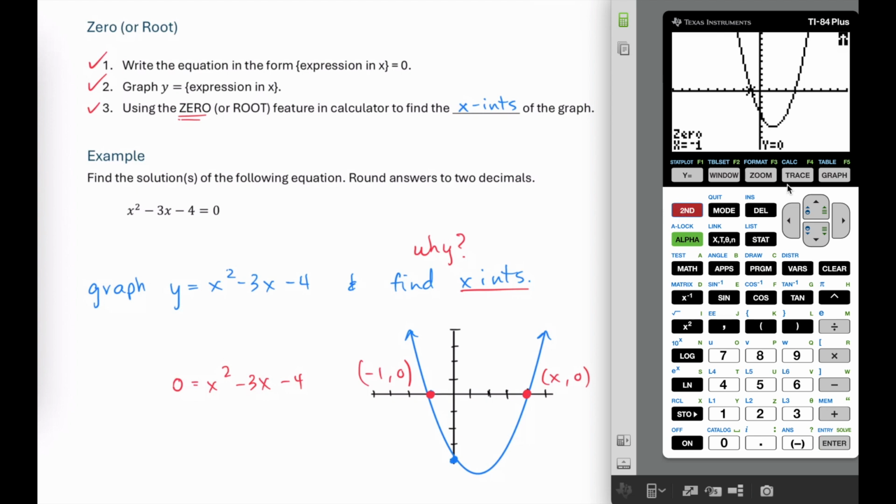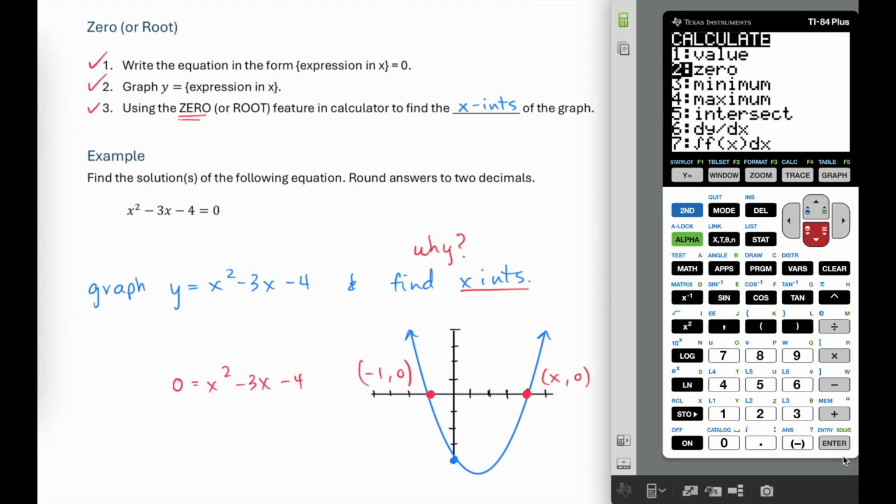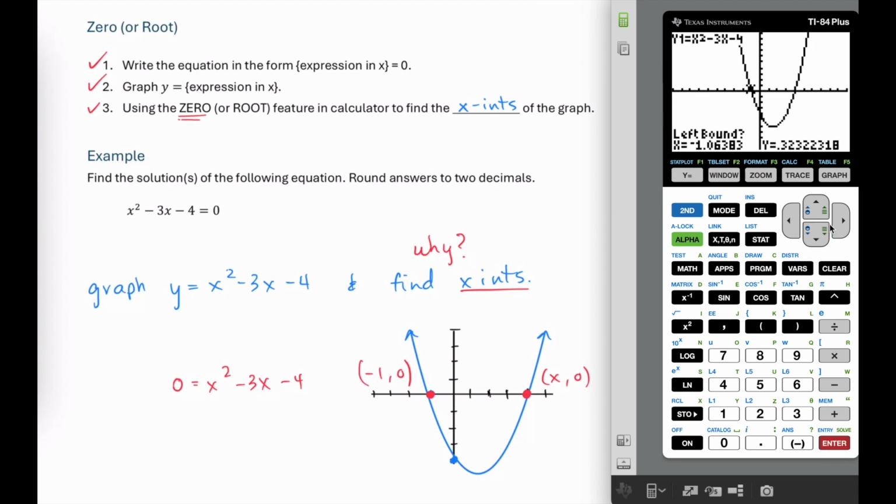So again, we'll select second calculate, so we come down to number 2 and hit enter, and then we'll again be asked for the left bound and the right bound, but this time we're looking for the x-intercept over here. And now my cursor to the left of this x-intercept is going to be in this region, so we hit enter. And then we move it to the right of the intercept that we're looking for, hit enter again. And then we move our cursor down to being pretty close to the intercept that we're looking for, and enter for the third time, which now it says that my 0 is x is equal to 4,